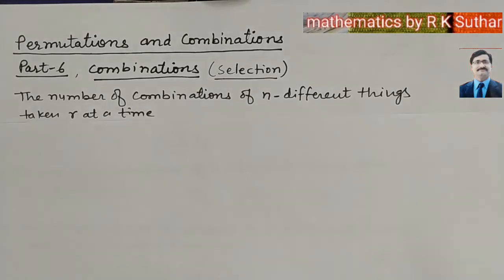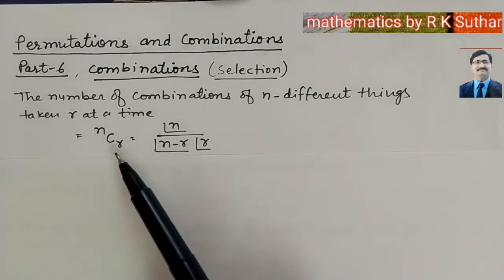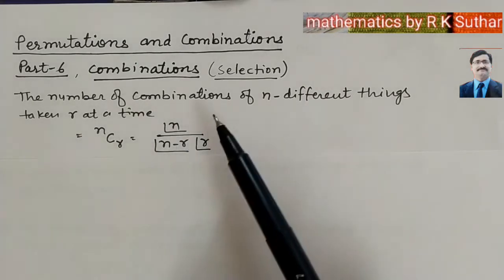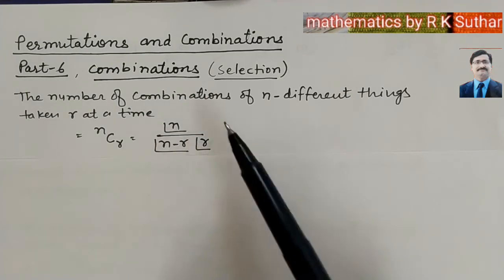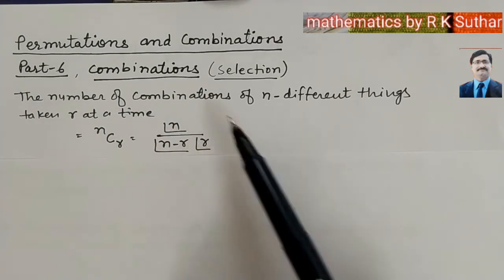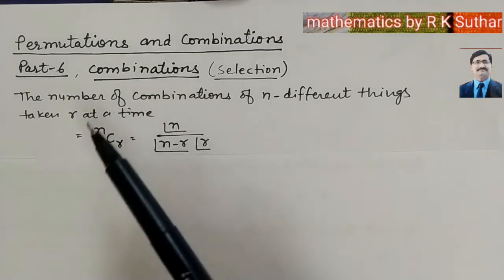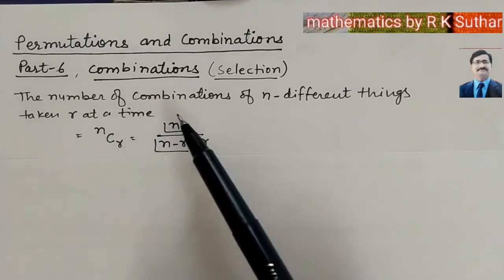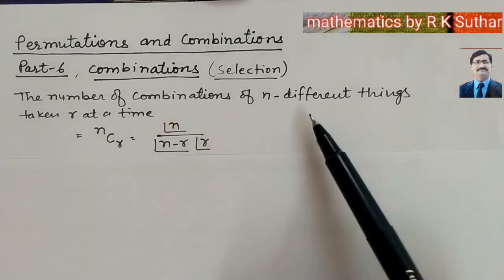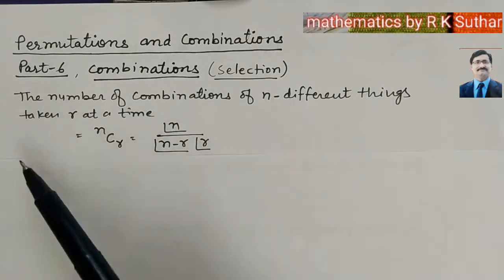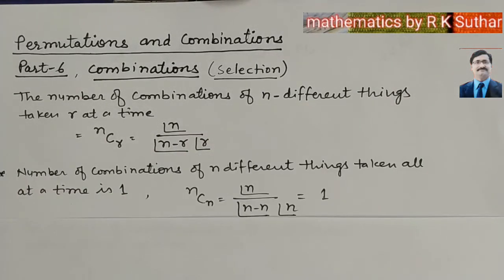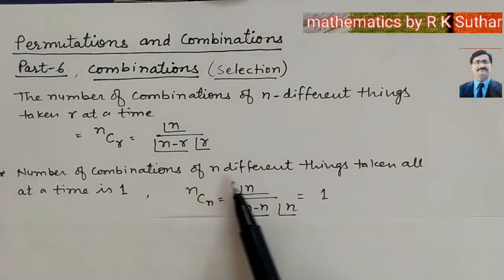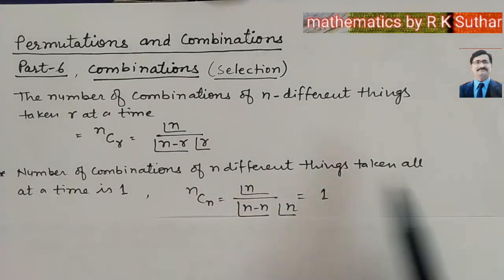So the number of selections will be written as nCr, and nCr is factorial n upon factorial n minus r and factorial r. This way we can find the number of combinations of n different things taken r at a time. Do all of you understand this? Now look here, the number of combinations of n different things taken all at a time